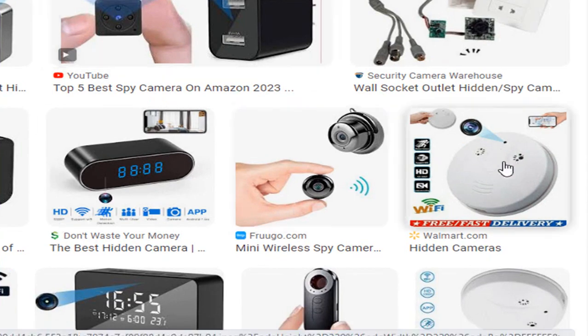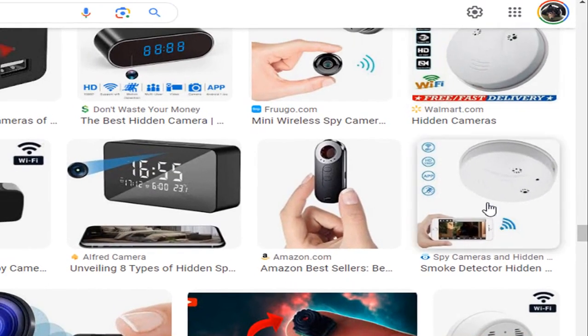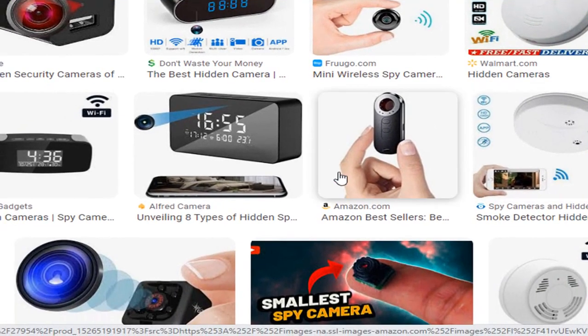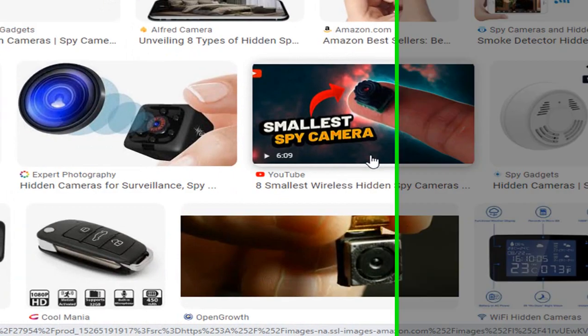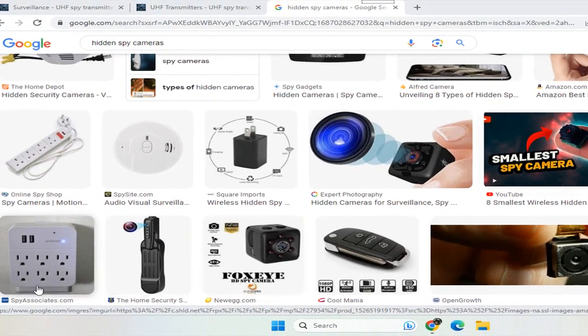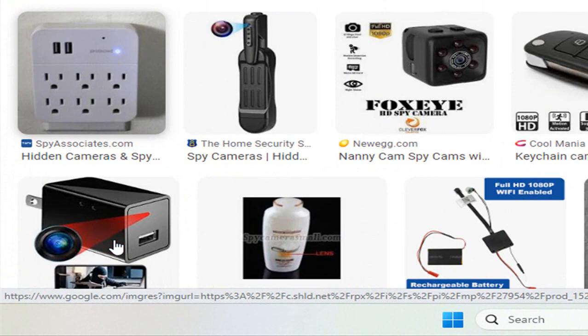Another smoke alarm. Those are the things you want to look at in the hotel. Smoke detectors, especially. Outlets. All your outlets and plugs. Clocks. That little guy, smallest spy camera. Yeah, it's pretty small. There's a multi-outlet plug. I've got one of these. Got a camera right there. Plug that in and